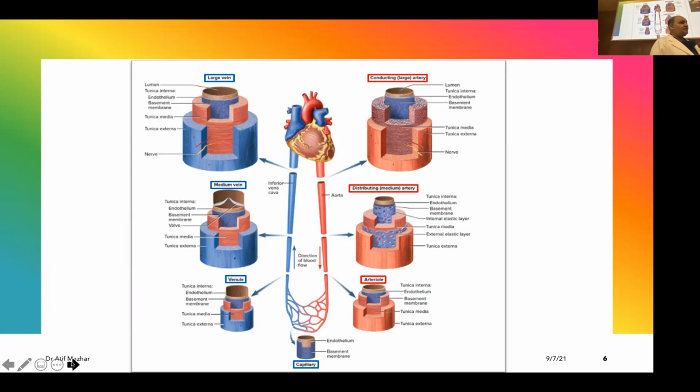Remember, arteries give branches. Something similar, we think these are the branches of the vein. They are not called branches. They are called tributaries. Small veins join to form a big vein. And the big veins ultimately form a big reservoir, and their ultimate job is to carry this oxygen depleted, carbon dioxide rich blood to the right atrium of the heart, and then the journey begins. Are we good so far?